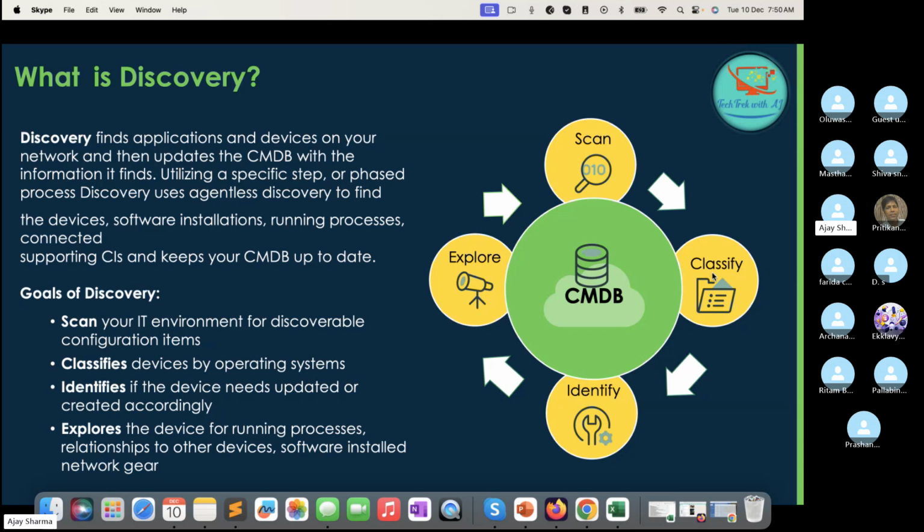If your port 22 is open, in classification one classification probe will be triggered based on the port. I will tell you everything step by step in the instance as well. But once the classification probe is triggered, it is trying to check and validate that the open port 22 is actually a Linux machine. How is it going to be classified? It is going to be classified based on the